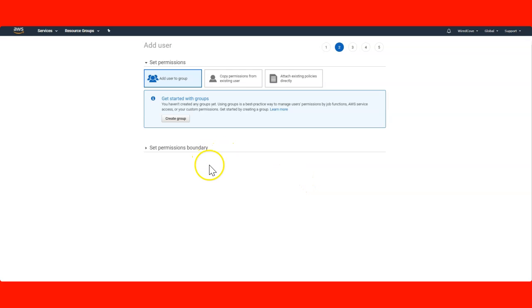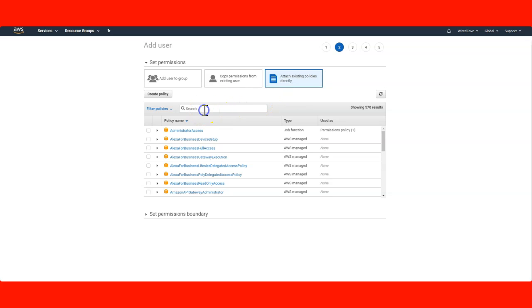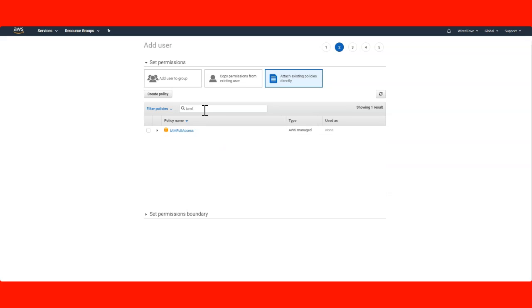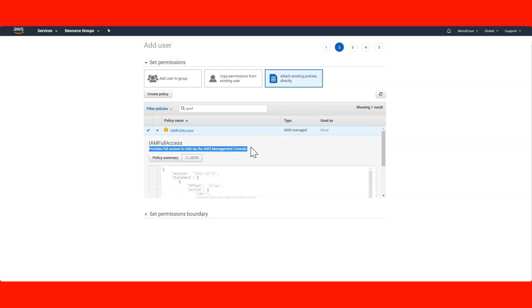Here I'm going to add policies to this user at the same time that will give it full access. I'm assigning the IAM full access permission. It provides full access to IAM via the management console.